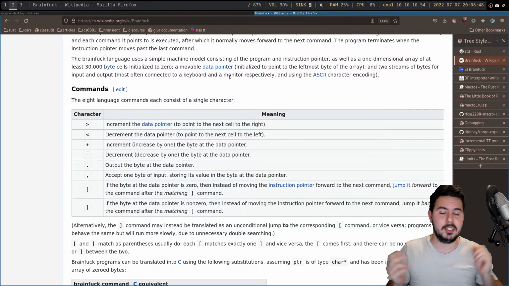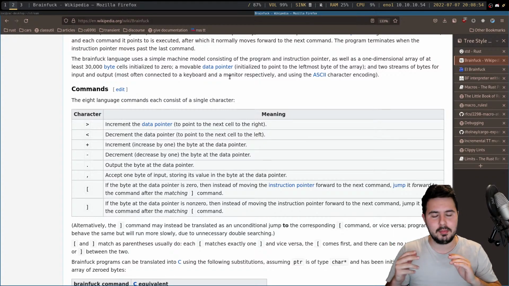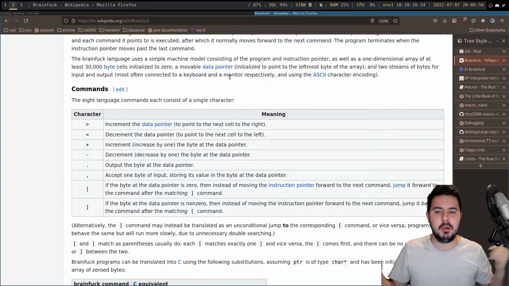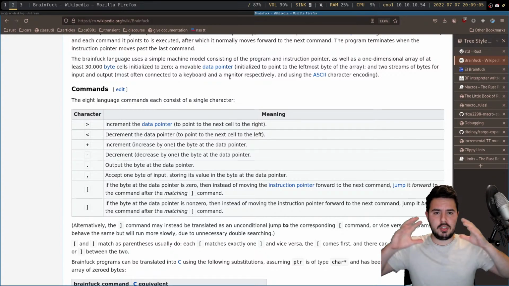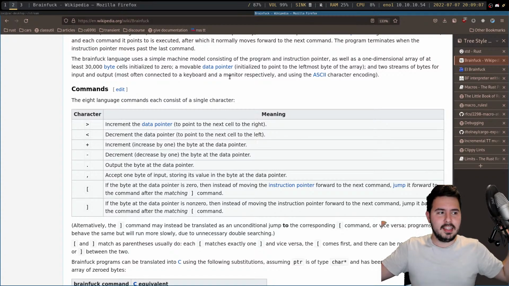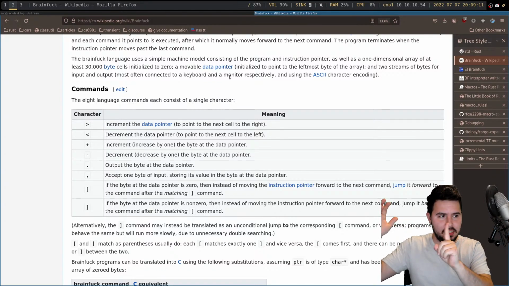Sort of like if you've heard of a Turing machine, you may have heard this kind of terminology before. You can just think of it as a sometimes finite, sometimes infinite array of bytes. Usually it's bytes, so 0 to 255, if we're thinking unsigned, which we usually are. So it's got, let's say for now, an infinite array of bytes,